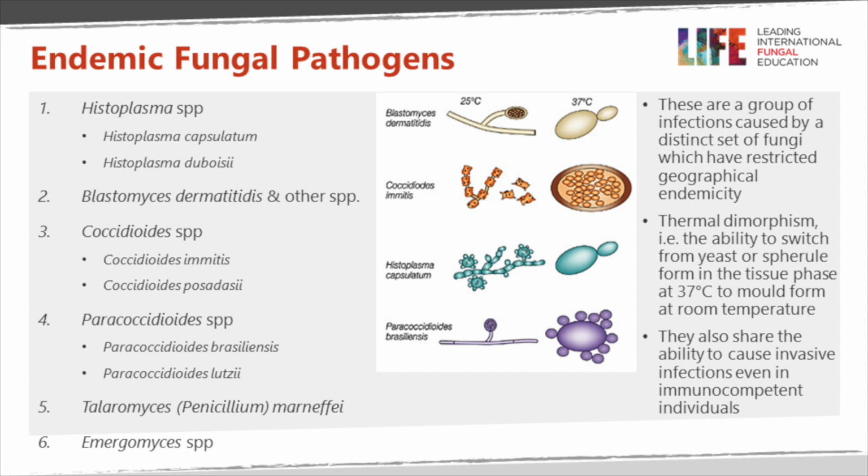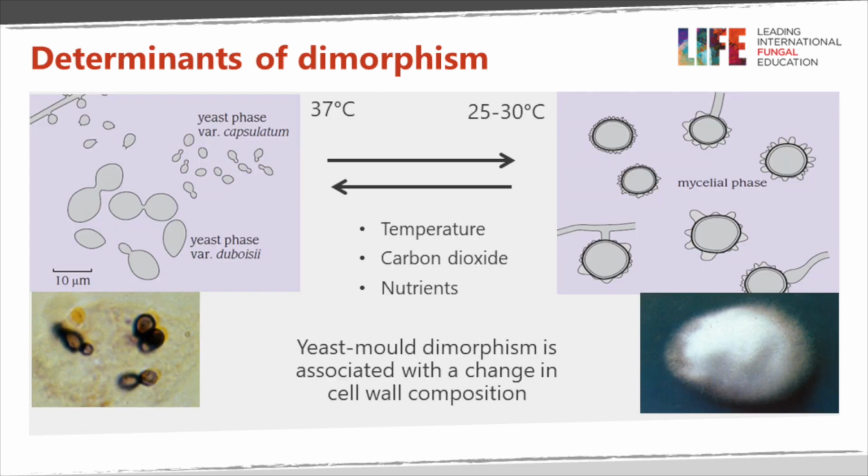Paracoccidioides lutzii. Talaromyces, or what was called Penicillium marneffei, is restricted almost completely to Southeast Asia and is particularly associated with opportunistic infections in AIDS, although it's also a dimorphic pathogen. And in southern Africa, what was thought to be histoplasmosis has now been described as being caused by a new genus called Emergomyces. All of these pathogens have a degree of dimorphism, particularly thermal dimorphism in terms of their temperature,